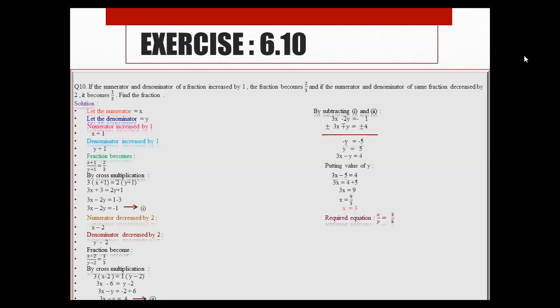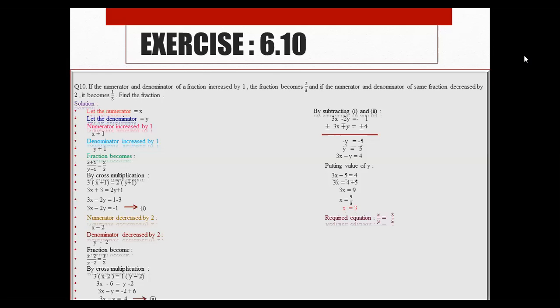Required fraction, not equation, this is the required fraction. x over y is equal to 3 over 5. Our required fraction will be x over y is equal to 3 over 5 because the value of x is 3 and the value of y is 5. I make the column over here, but when you are doing this question, you will do this part under equation 2. Don't make a column in your copy and do the question like this. You will do this portion under equation 2. For your convenience, I did the remaining part, made the column here, and did it there.